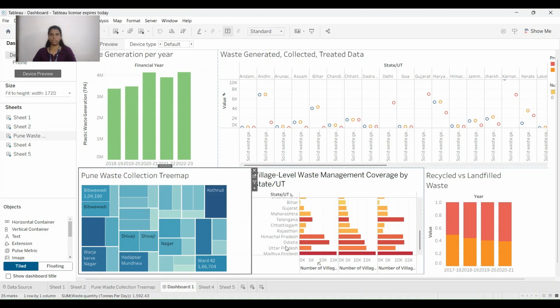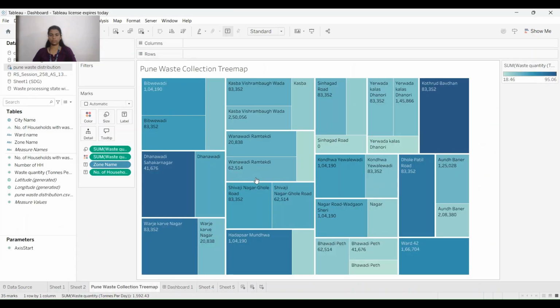Before moving to the third sheet, let me expand it. As you can see, the third sheet represents the ward-wise waste collection data for Pune city using a treemap visualization. Here, each rectangle in the treemap represents a ward, and the size of the rectangle corresponds to the waste quantity generated in